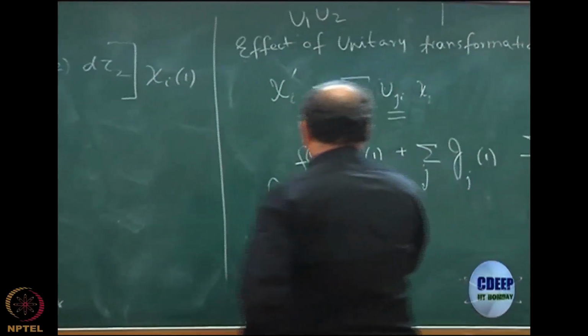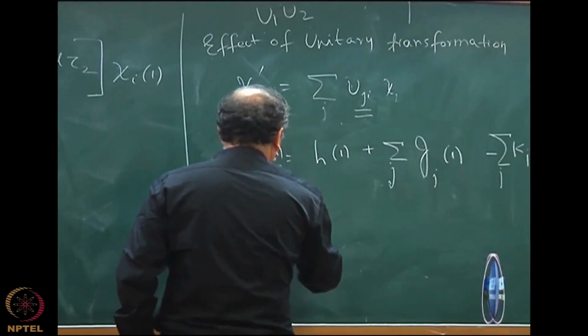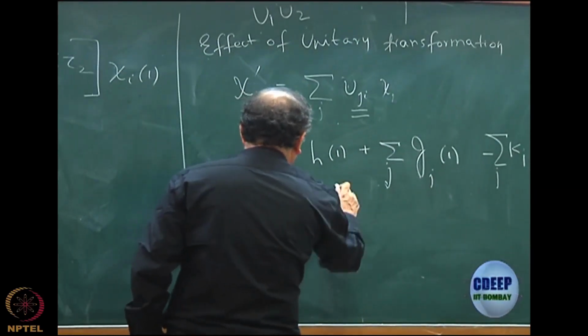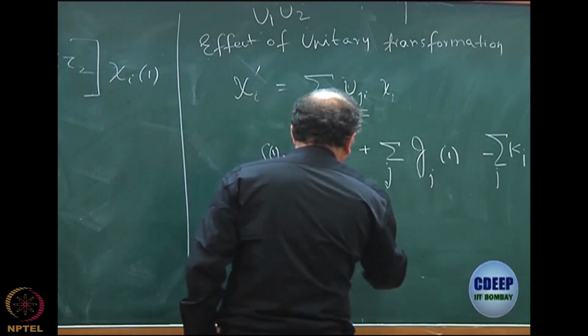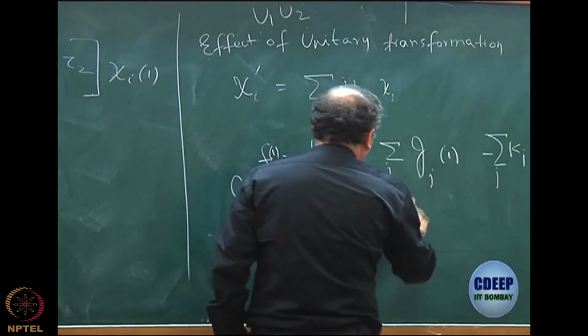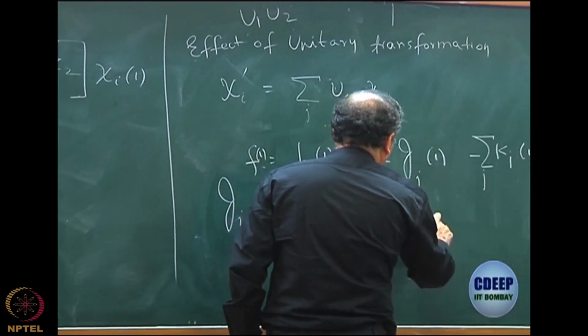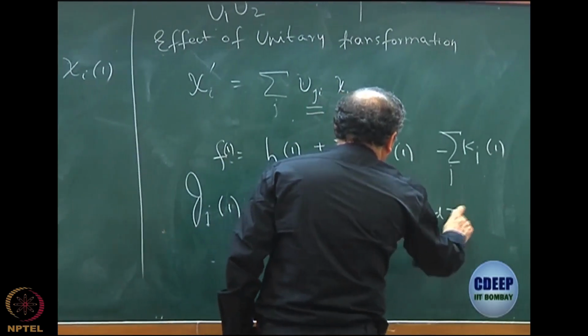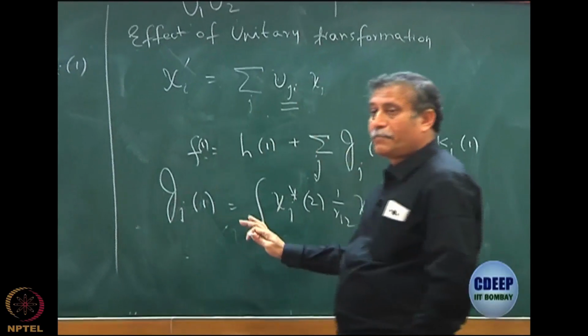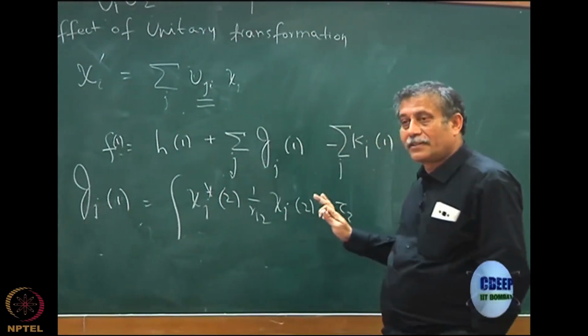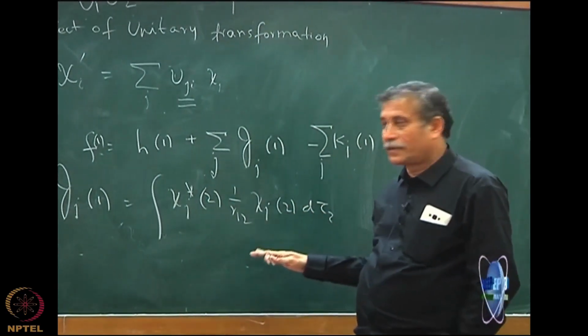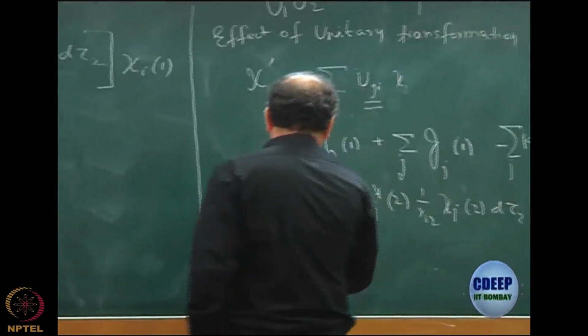So, what will be Jj of 1? This is the integral chi j star 2, 1 by R12, chi j 2 d tau. Note that this is now an operator because it is an incomplete integration. It is a function of electron coordinate 1. The same way I can write Kj of 1